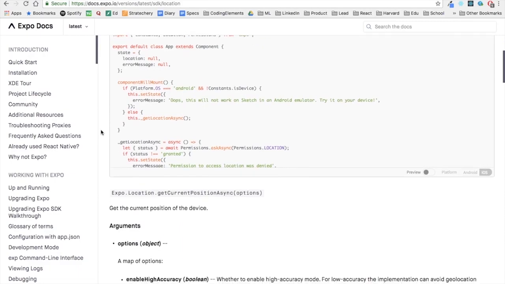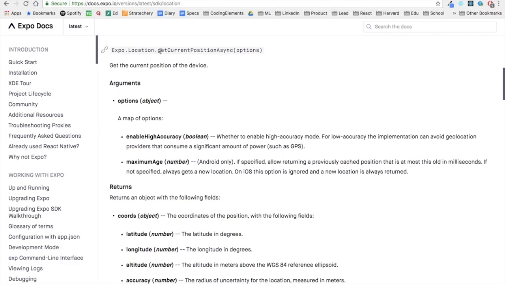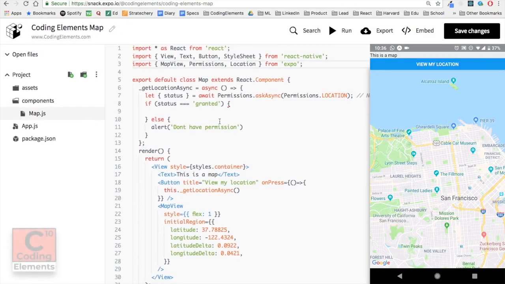we can use getCurrentPositionAsync to access the current location of the user. Inside getCurrentPosition, we can even pass some options. Option will basically be a JSON object in which there will be enableHighAccuracy or maximumAge key value pairs. So let's come back to our code,